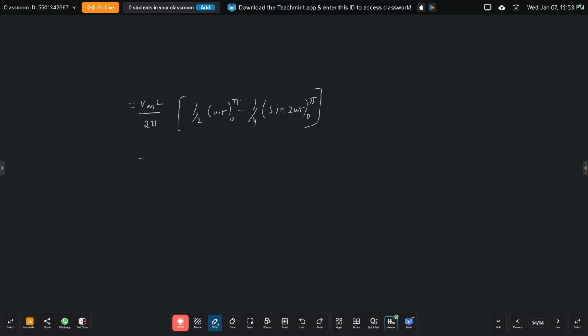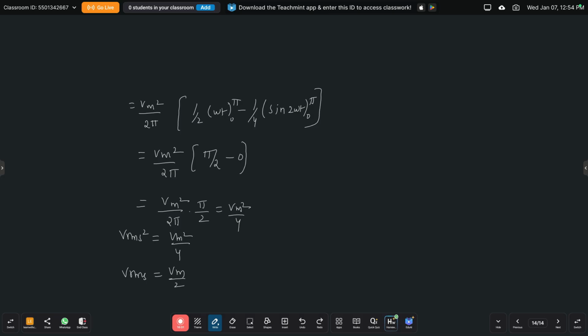So which is equal to Vm square by 2 pi times pi by 2 minus 0, which is equal to Vm square by 4. So therefore V RMS square is equal to Vm square by 4. So V RMS is equal to Vm by 2. So finally what we got, the RMS value